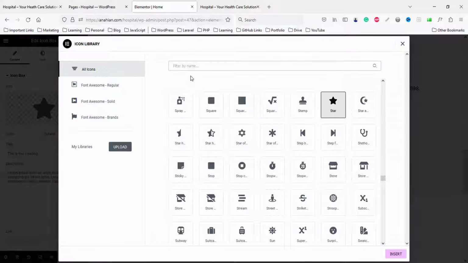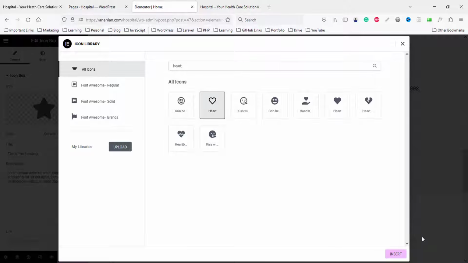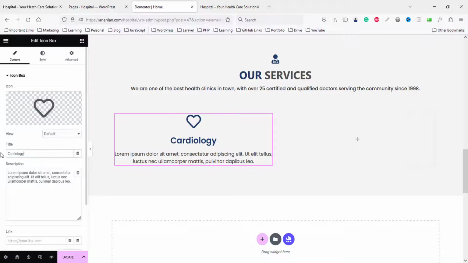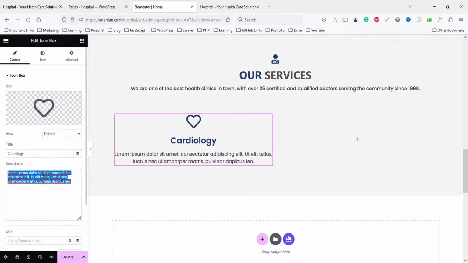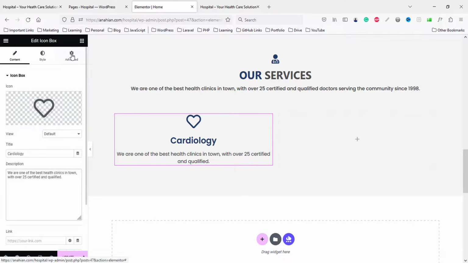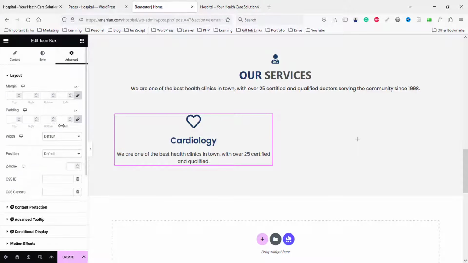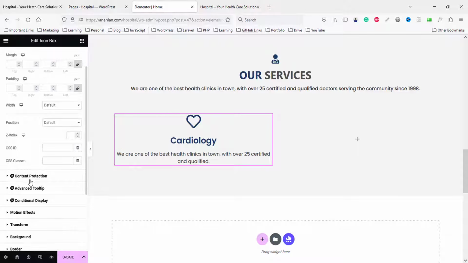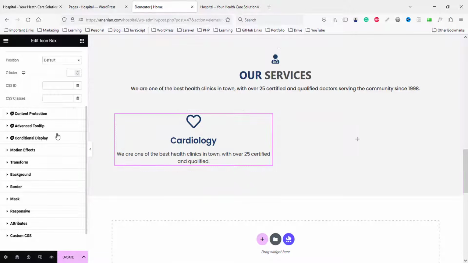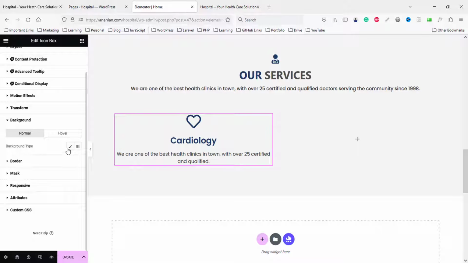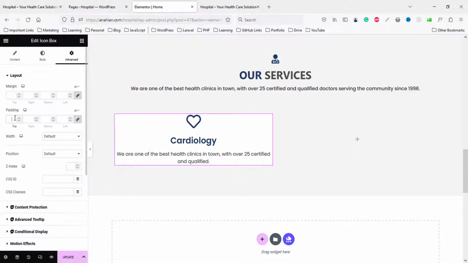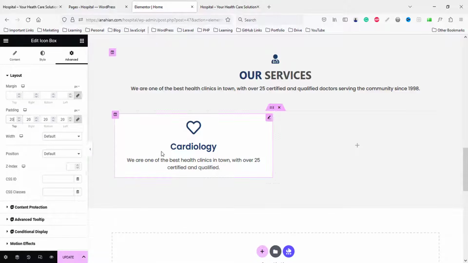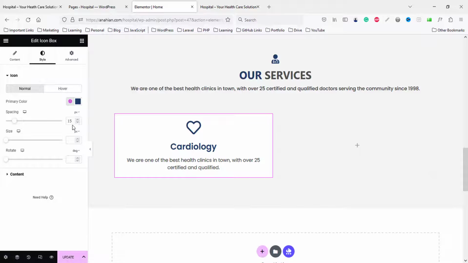So you can search for heart icon, heart. So this icon, and paste here, and our text will be this one. So paste this text. Okay, so go to advanced part, then go to our style part. First go to advanced, this advanced background, and change color to white color. Okay, and from padding we can choose like 20 pixel. Okay, fine. And go to style part, we can spacing